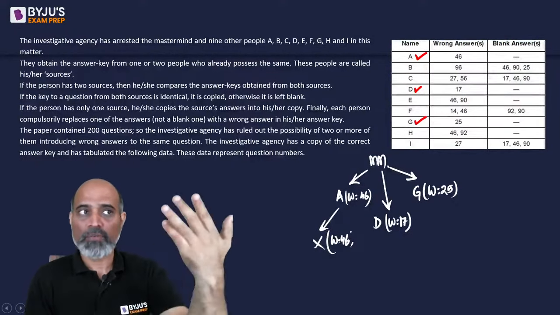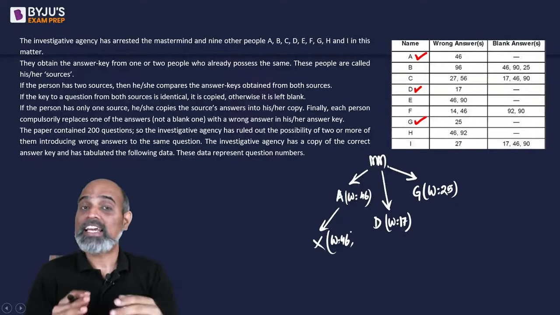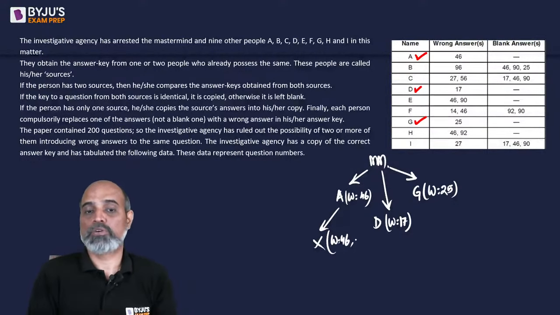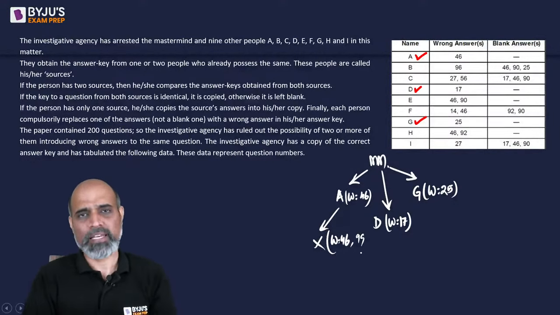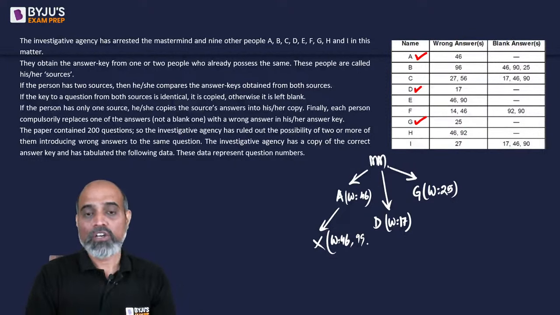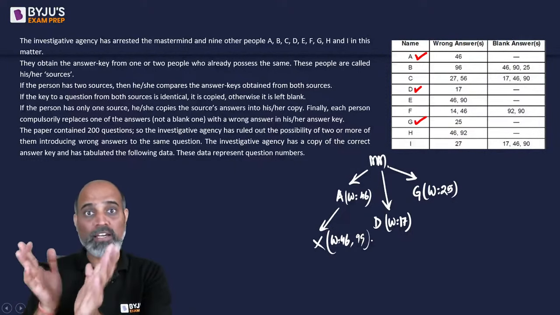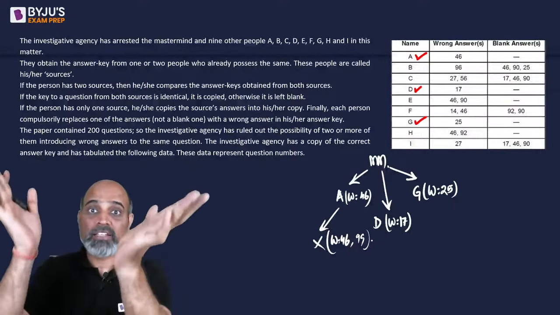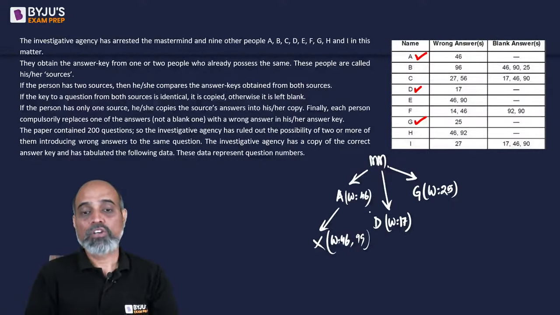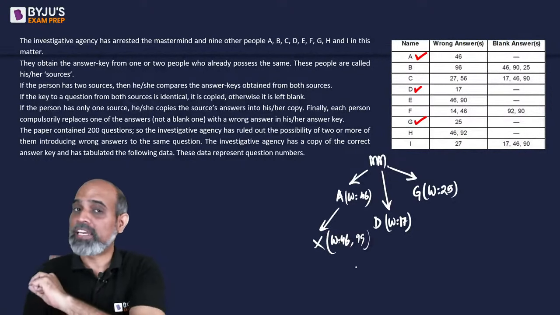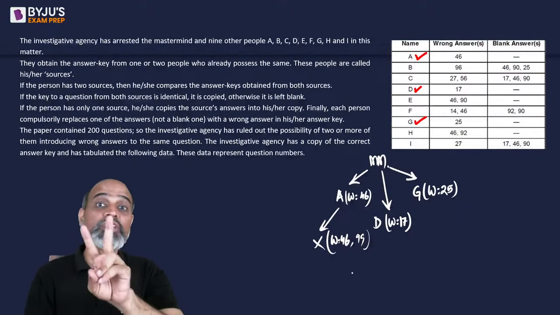He is going to agree with whatever he sees there. Then he is going to make a mistake of his own. Suppose question number 99, I'm taking it randomly, not looking at the table. And obviously he's not going to leave it blank. Blank will come when there is a confusion, when he copies from at least 2 people, right? So when somebody copies directly from any one of these 3, we are supposed to see 2 wrongs,